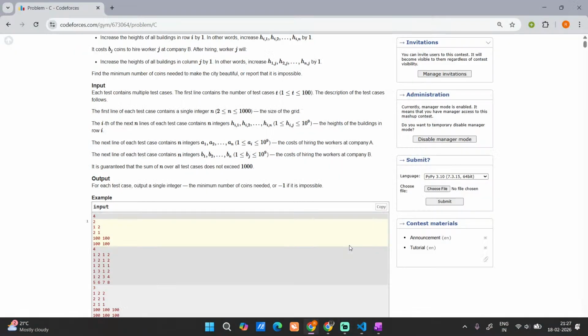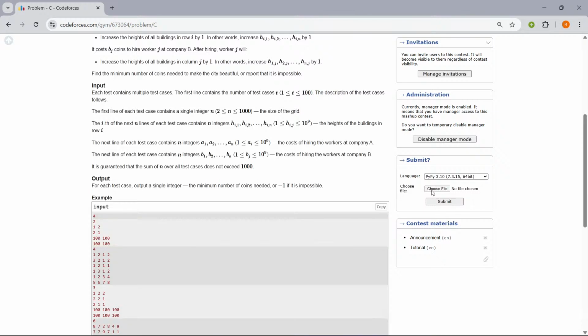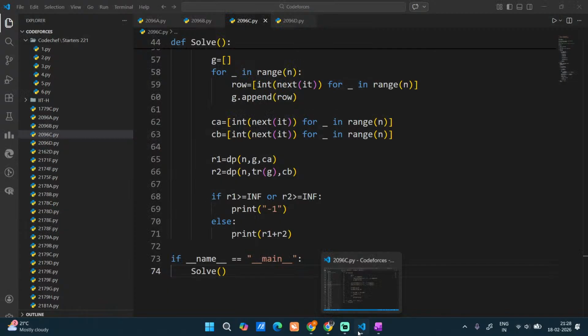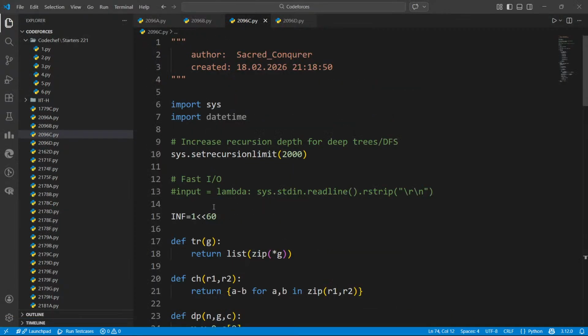I'll submit it. One second, I'll just check if there are any errors like last time. Okay, all this I'll remove, let it be.